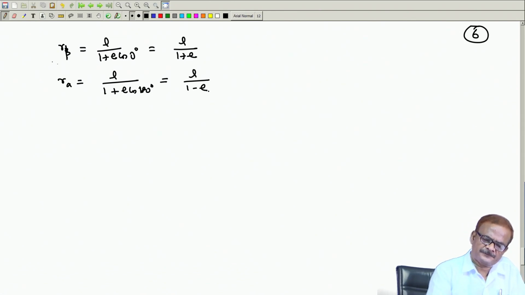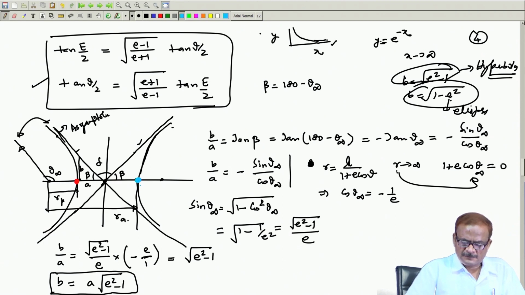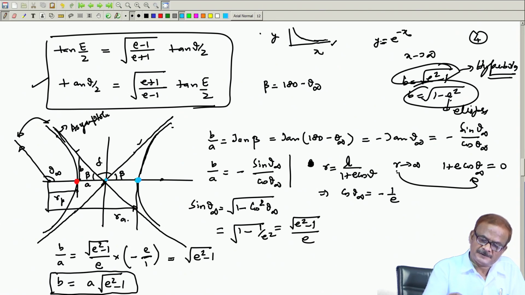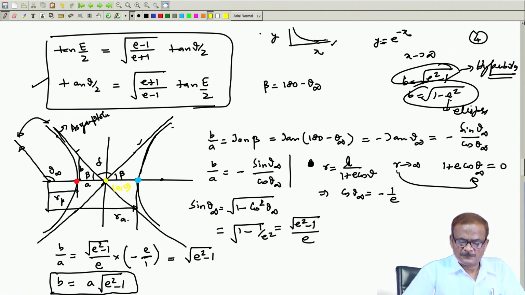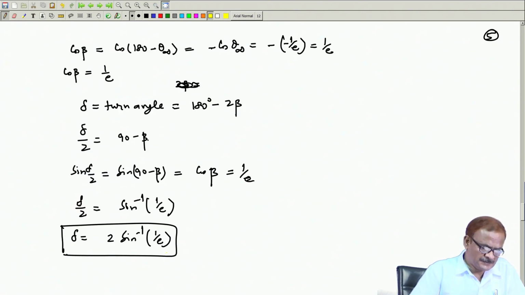You can notice the difference in the apogee and perigee location compared to the ellipse. In this case, the perigee is shown by this red dot, while the apogee is shown by this blue dot. These are on the two sides of the center, and the center is lying here, shown by the yellow point, whose coordinate we have written as 0 0. So there is a difference between the ellipse and hyperbola, and accordingly some of the things change.